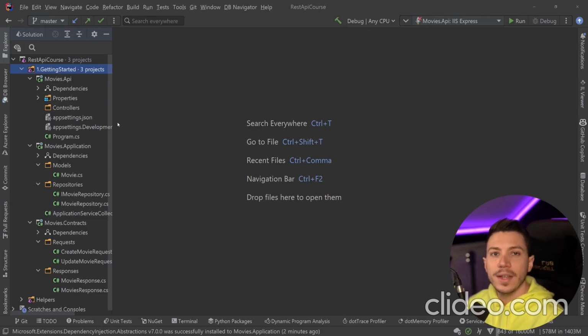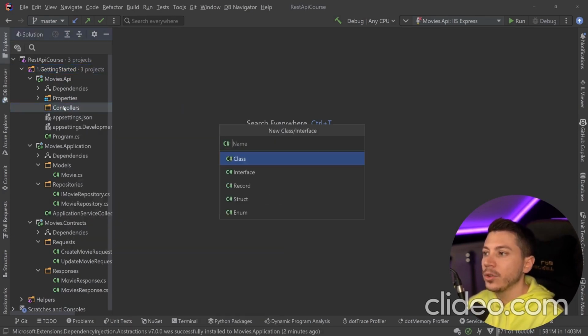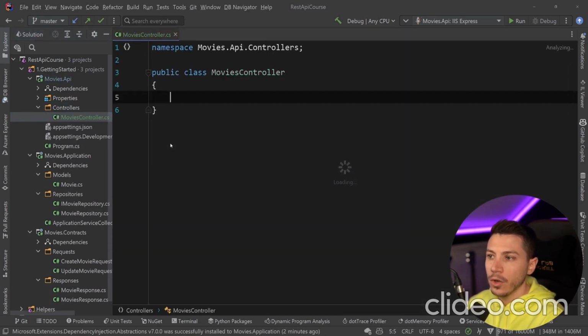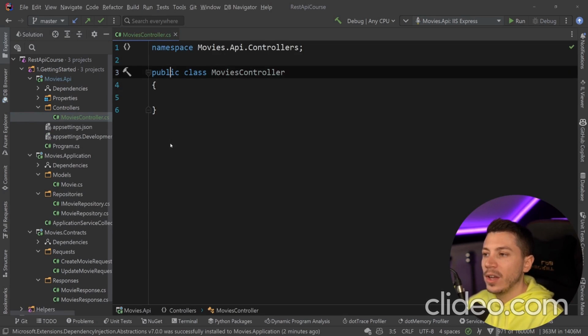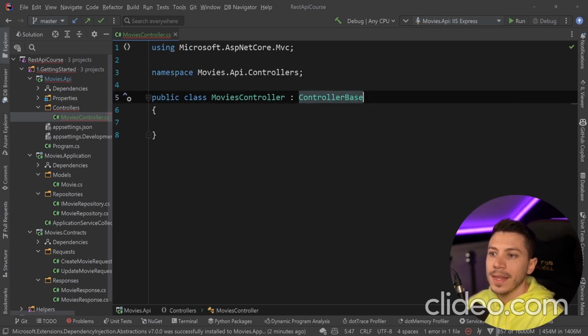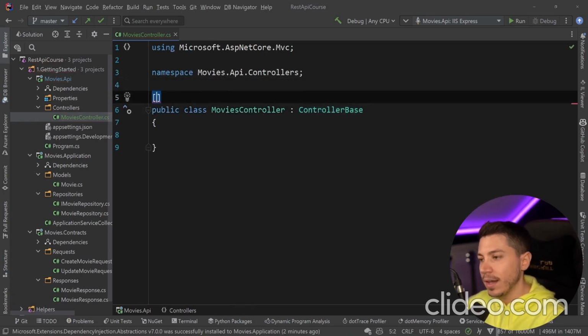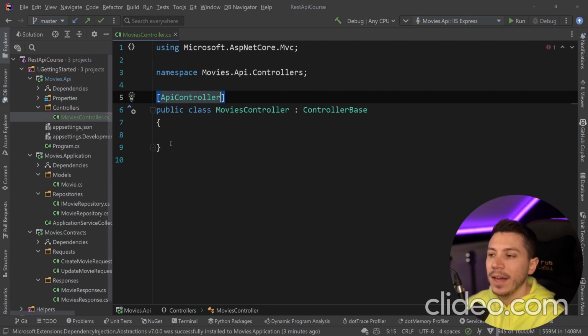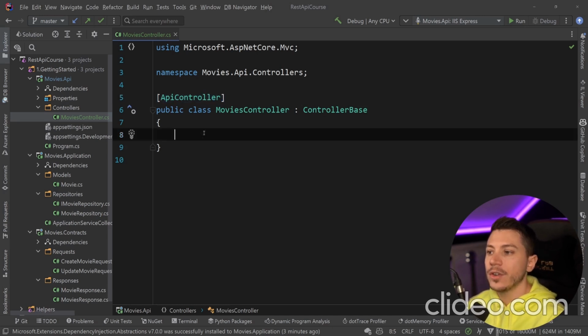So let's go ahead and create the controller we're going to be using to handle all those movie related requests. I'm going to start by simply going to the controllers folder in the API project and creating a movies controller. Now this controller needs two things. The first is to extend the controller base class. And the other is that it should have an API controller attribute. Those things add functionality to the controller, and that's going to become way more apparent later, but for now, just